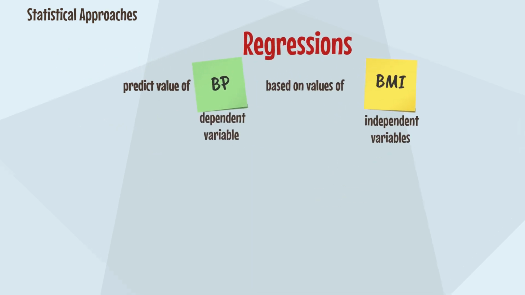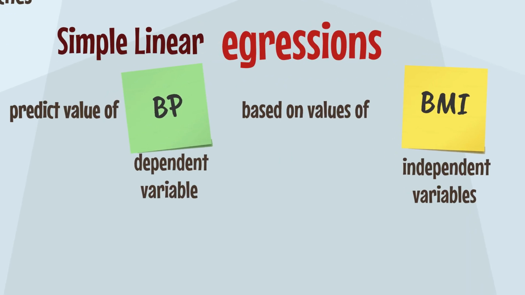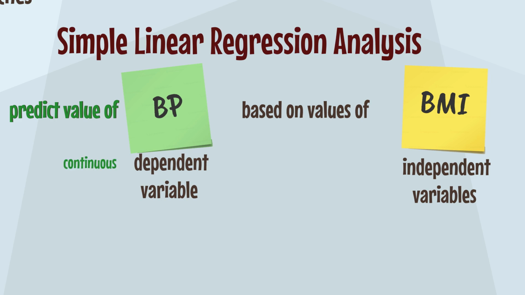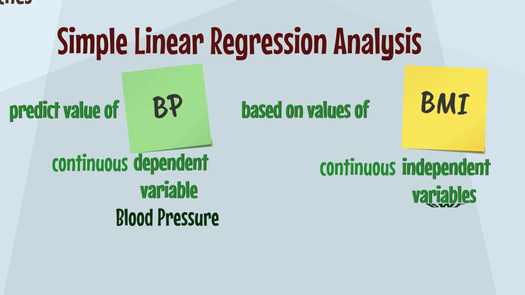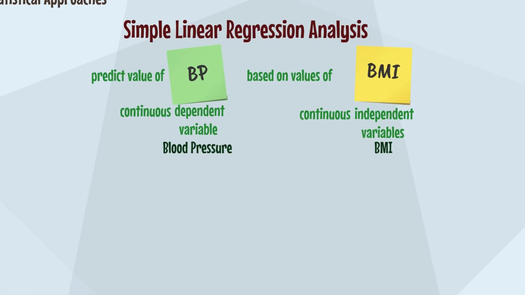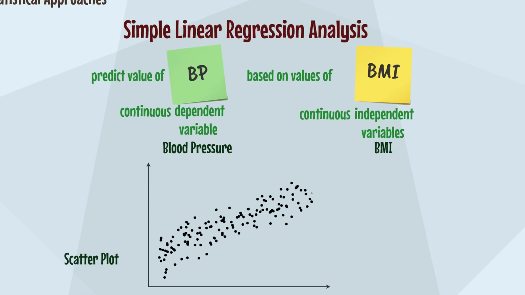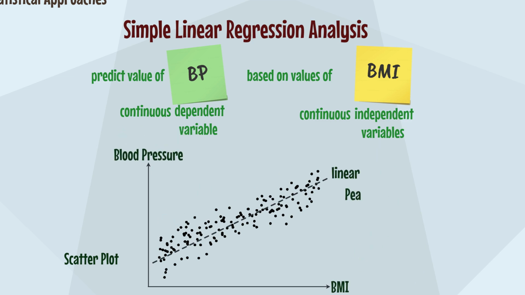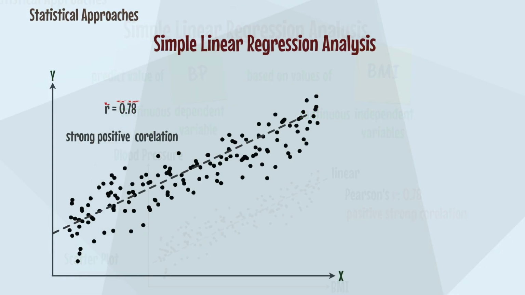Let's start with the simplest form of regression, simple linear regression analysis, where we can predict the value of a continuous dependent variable, in this case blood pressure, based on a continuous independent variable, BMI. Now, as you may recall from Lecture 7, we use a scatter plot to check the correlation between two continuous variables and, if linear, apply Pearson's r to assess its strength and direction. Now that we have a strong linear correlation, we can use the formula of the regression line to predict blood